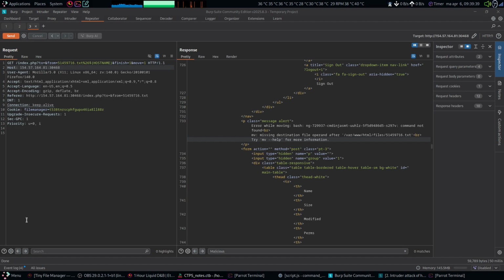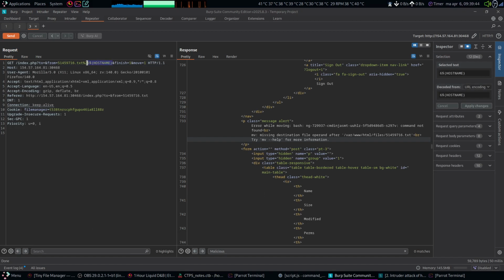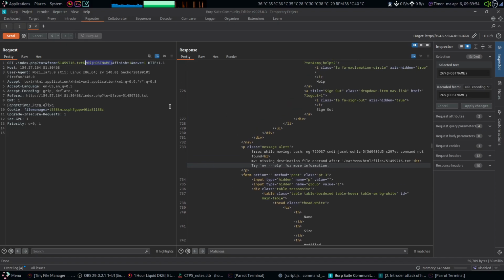I'm gonna do this by putting the base64 encoded bash code between backticks, because the backticks tell Linux, because this is a Linux machine, that there's going to be a subshell, so anything in between the backticks is going to be treated as